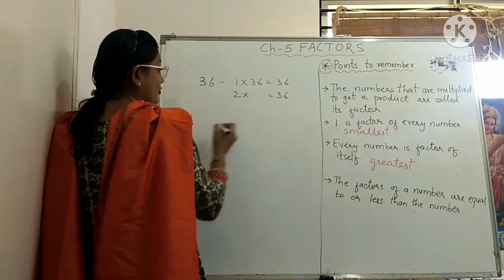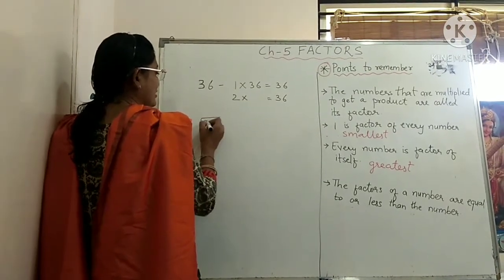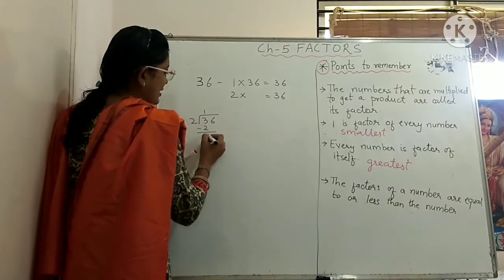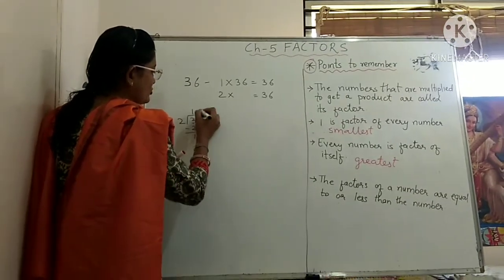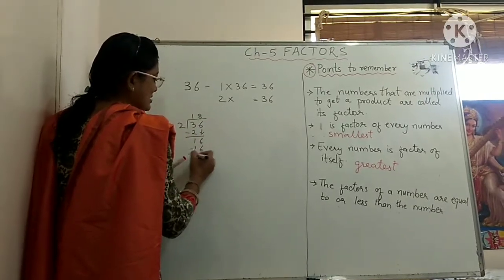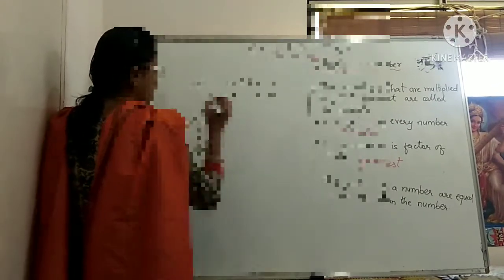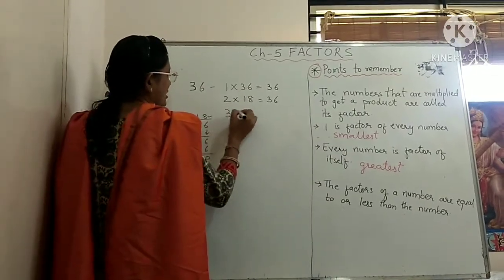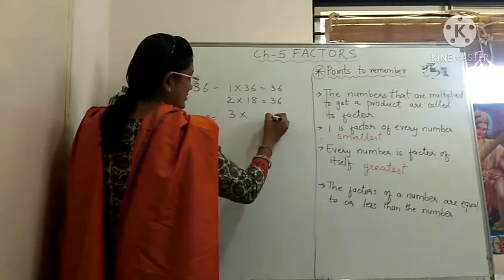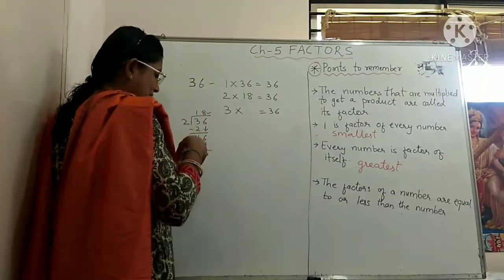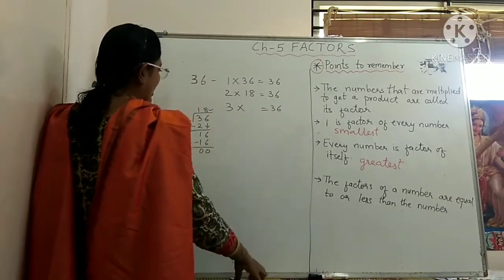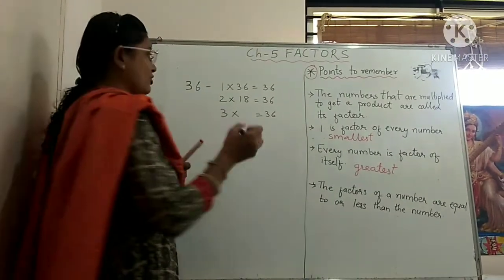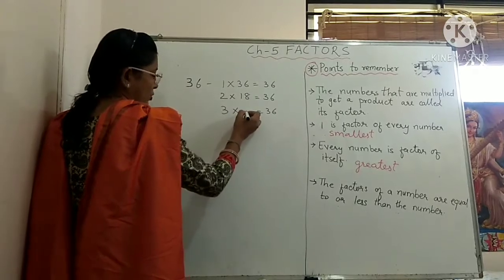For this, what you have to do in rough, you have to divide 36 by 2. 2 1s are 2, minus, 3 minus 2 is 1, and 6 will come down. 2 8s are 16, minus, 0. So what will come? 18. 2 18s are 36. Okay. Now 3's table. See, I know where 36 will come, but how will you know? For that I am explaining this rough work. This division method, I am explaining the rough work because of that. I know what will come over here, okay.